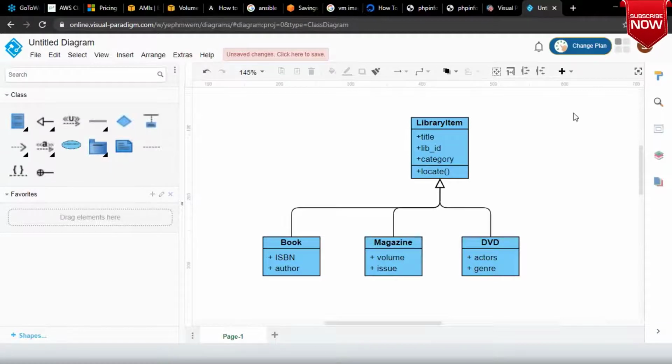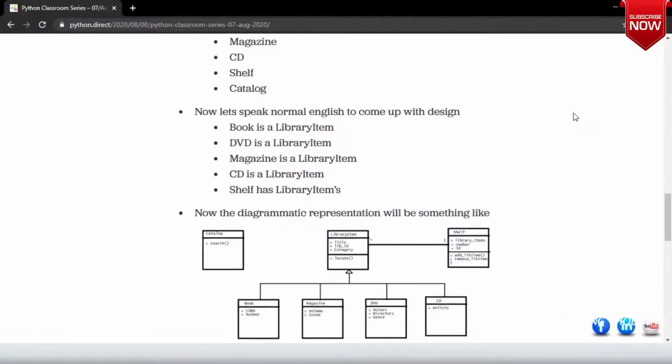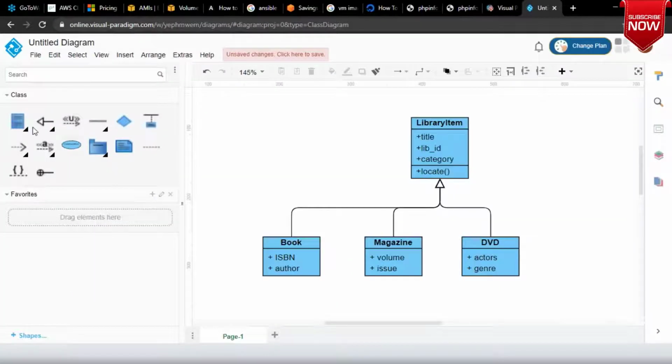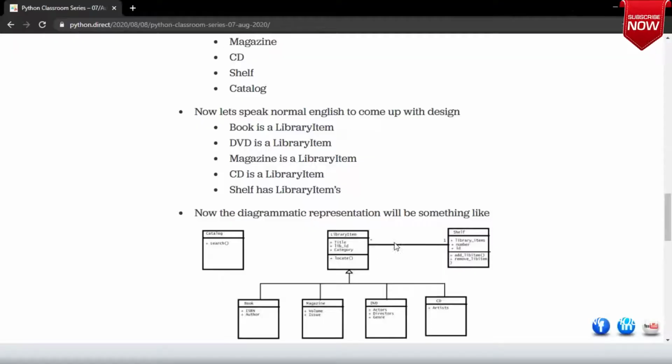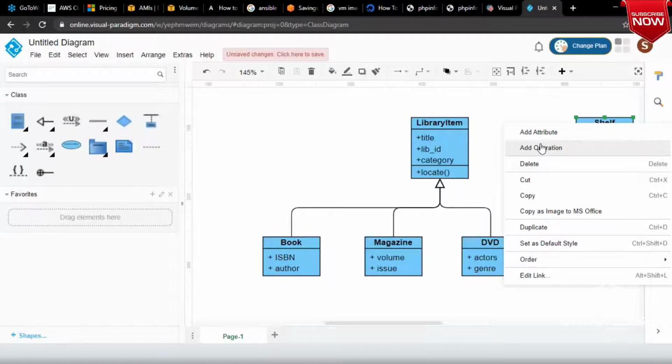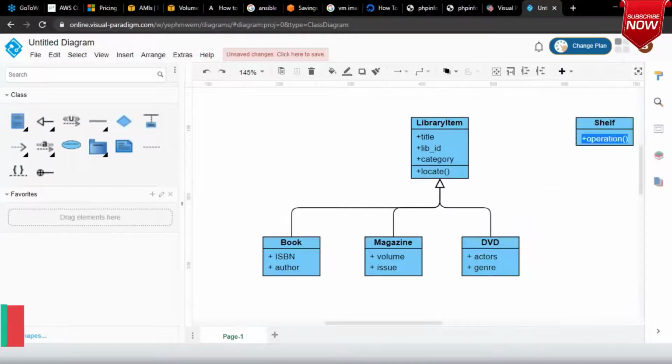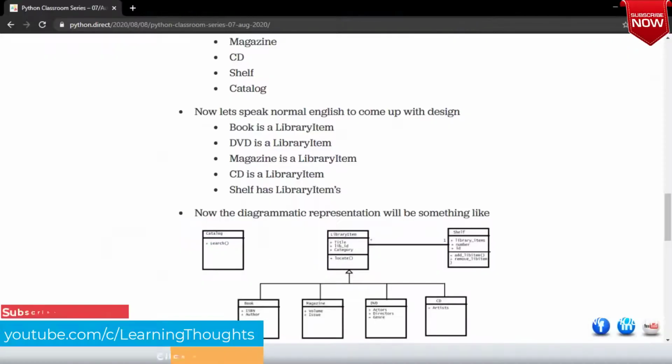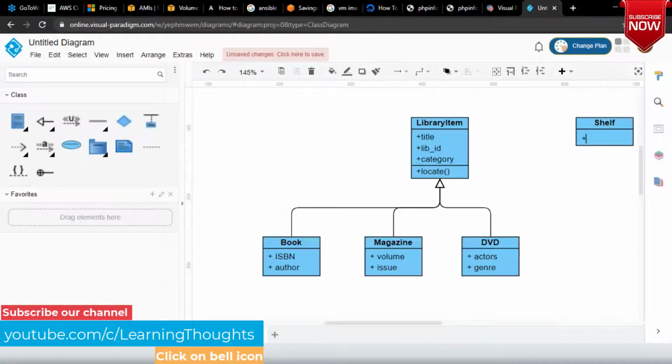Yeah. Now, what is the other thing which you have said? We have said that there will be shelf. So let me go ahead and add a class called as shelf. Right? In shelf, I have said that there will be attributes like library items, numbers, and shelf will have an ID. So let me add an operation. Okay. Operation will be add item.